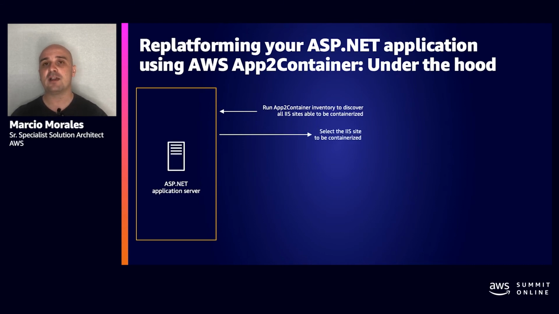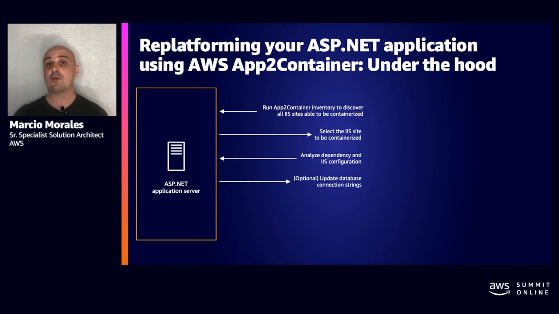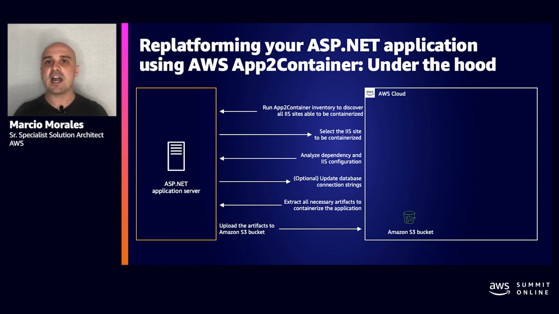App2Container is going to discover and do an inventory of all your IIS sites, and you can select a specific site you want to containerize. Then App2Container is going to discover all the dependencies, like connection strings. You can update the connection string to point to a SQL Server you already migrated to AWS. So App2Container is going to extract all the application files and IIS configurations, and it's going to upload those artifacts to our